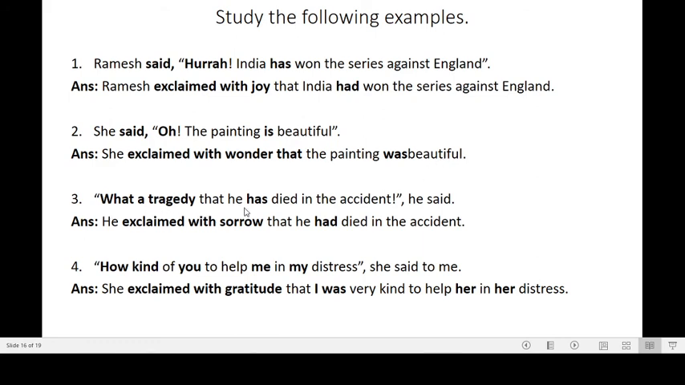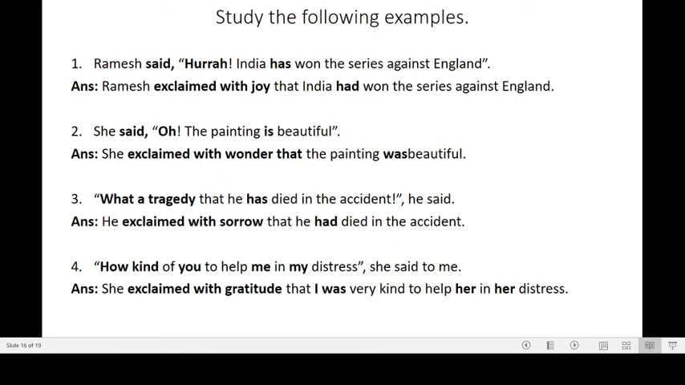In the same way, look at the third sentence. "What a tragedy that he has died in the accident." So it's expressing sorrow. We should say he exclaimed with sorrow, because the statement is indicating sorrow, with sorrow that he had died. Has died, present perfect tense, is changed into past perfect tense, had died in the accident. So in this way, you should remember that in exclamatory sentences, the reporting verb exclaimed